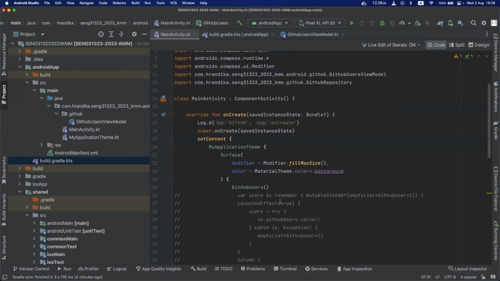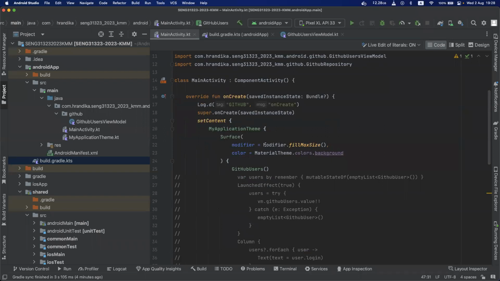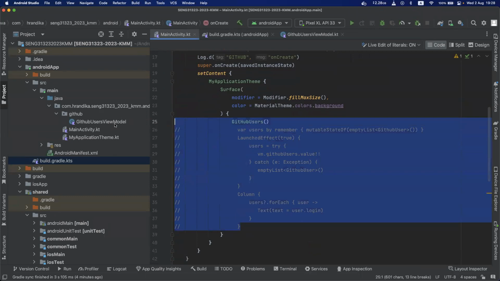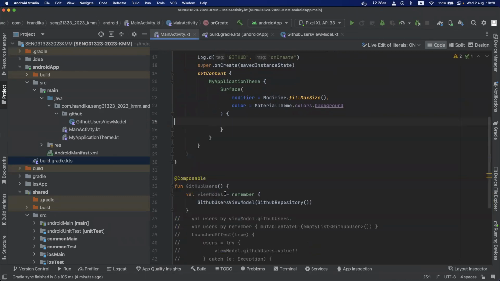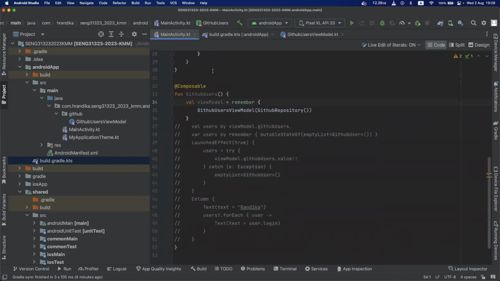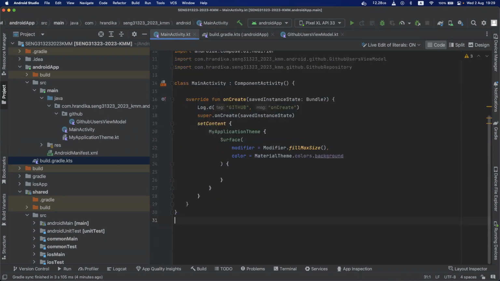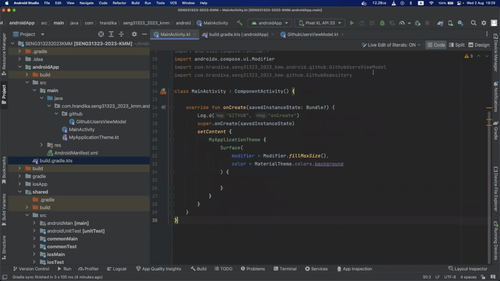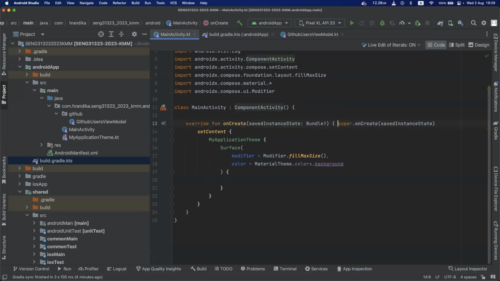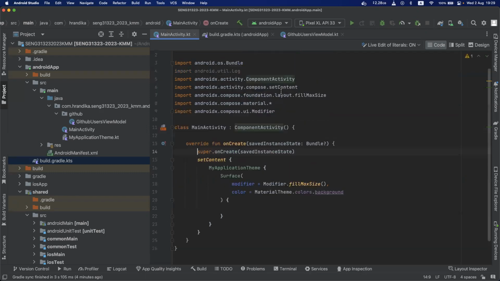Okay, so since we have a little bit of time left, I think I'll give you a little bit of a round tour on Jetpack Compose. So you guys will get to know Compose when you are trying this out. If you guys can remember when we are working with